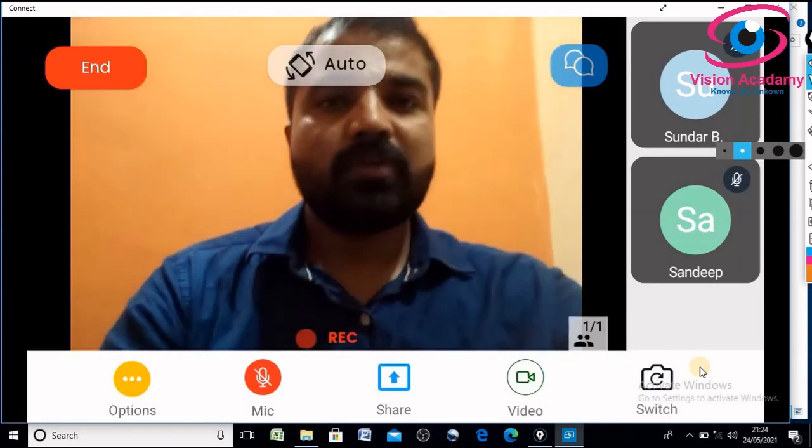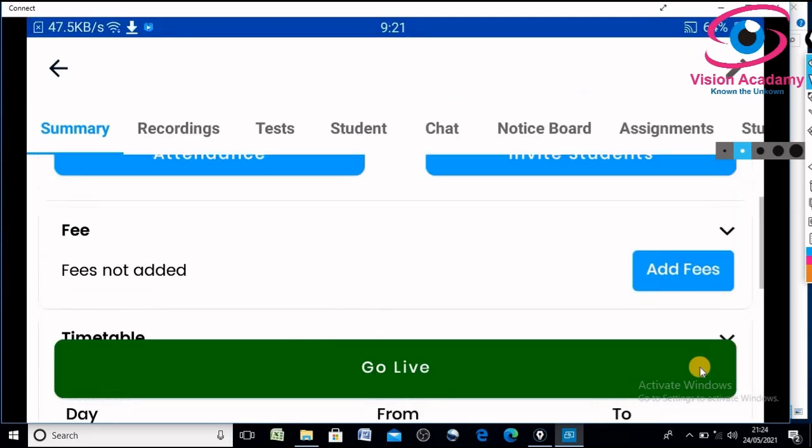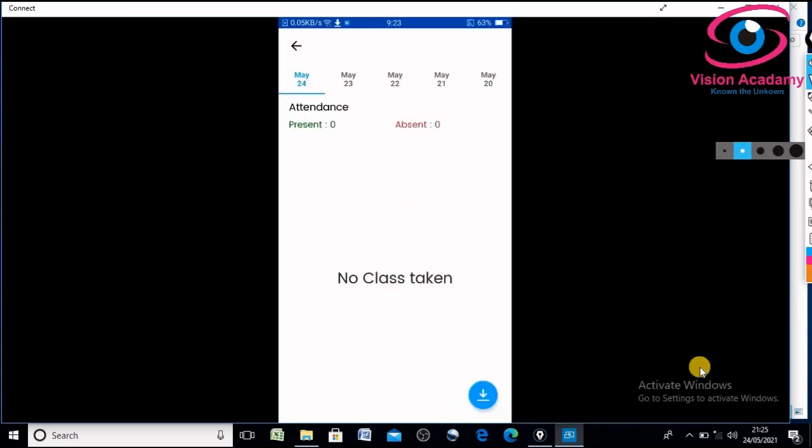I will end the class here and check attendance. Look here, I go to attendance. When you click there, you will see each student's attendance with a percentage. Some students will join at the start of the class, later leave, and come back at the end. But it will show you the percentage, the total number of minutes they spent in the class. For example, out of 100% they may have spent 20% or 50%. That percentage will also be shown.